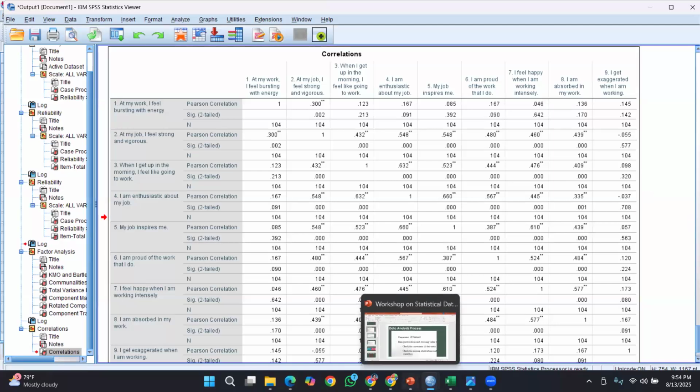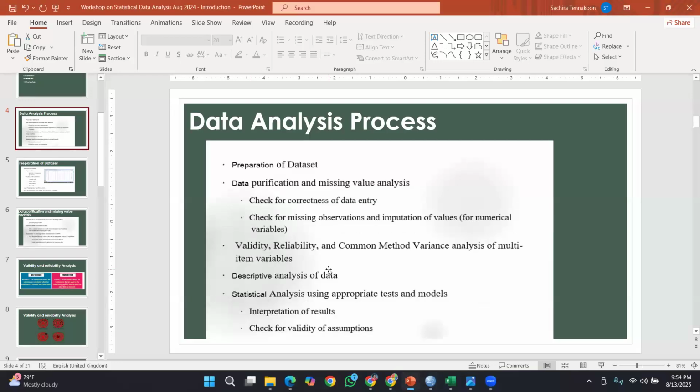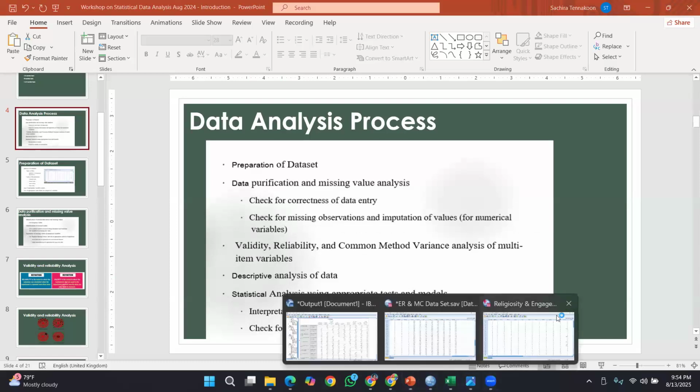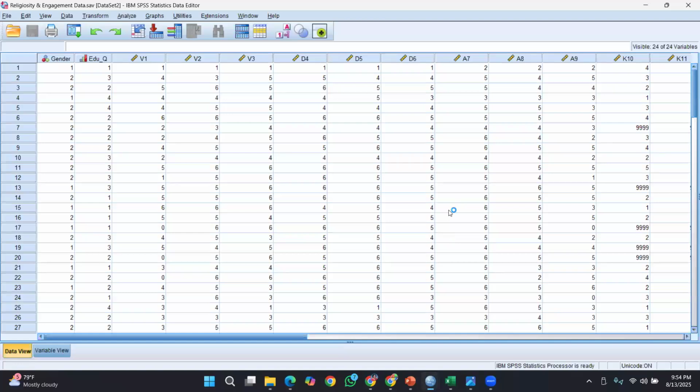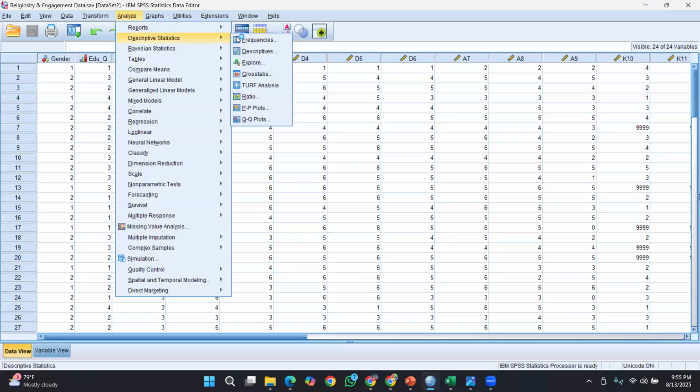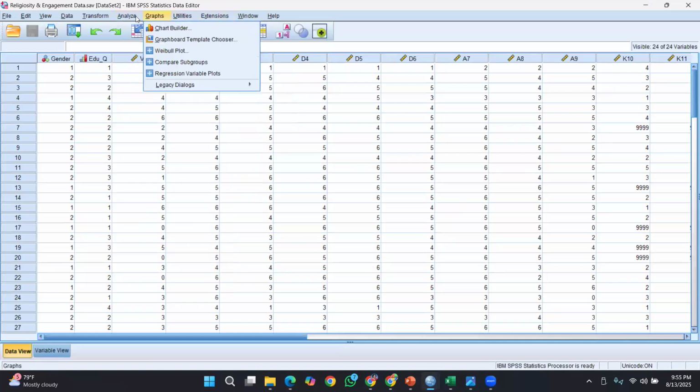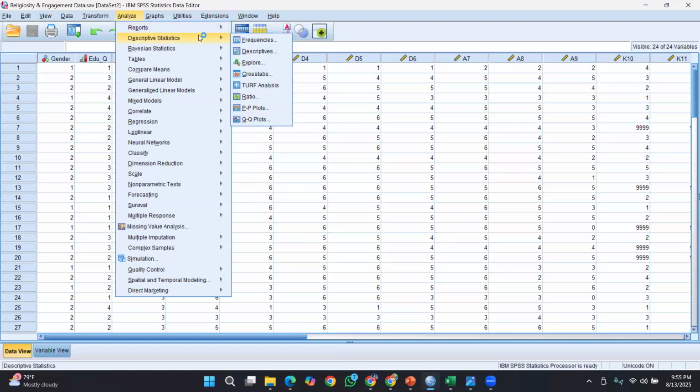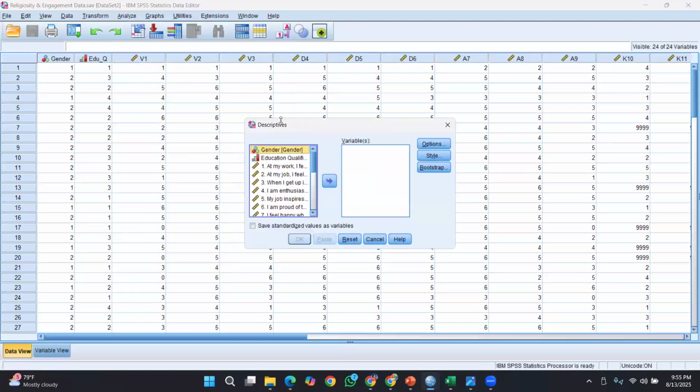Next comes the descriptive analysis. When performing descriptive analysis, it's a one-step process. It can be done very easily. You can go to Analyze, Descriptive Statistics, and there are many more options from where you can get the descriptives. Then you have to take whatever you need.